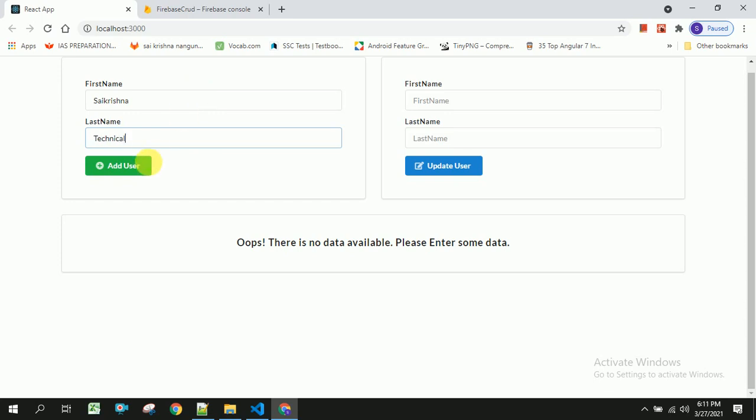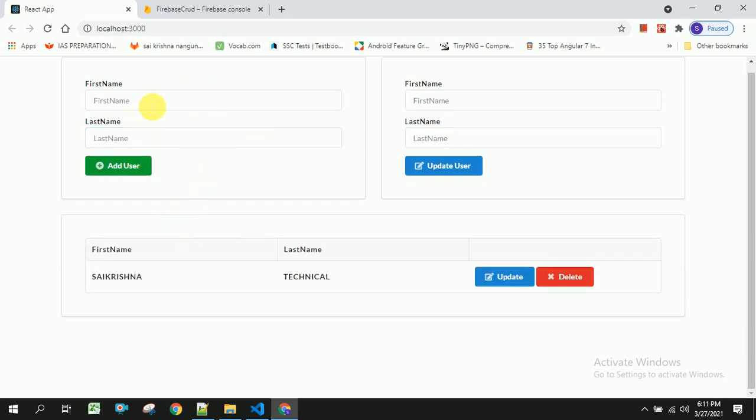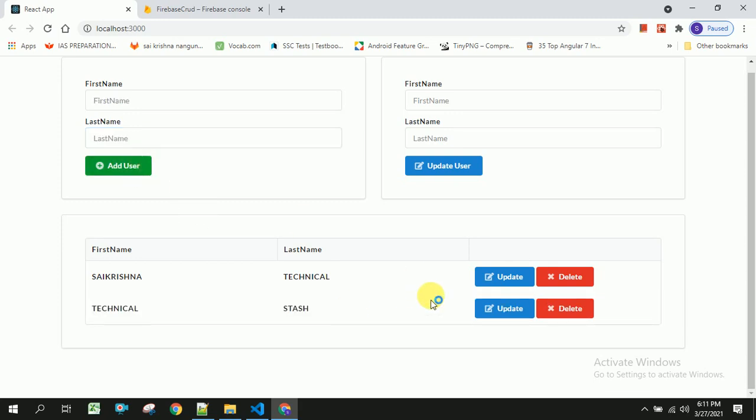And I will add the user, and I will add another user. I will update one of the user with some value. So you should be able to see the updated value inside the table, and I will update this one as well.